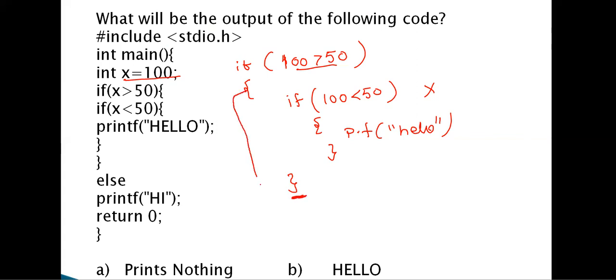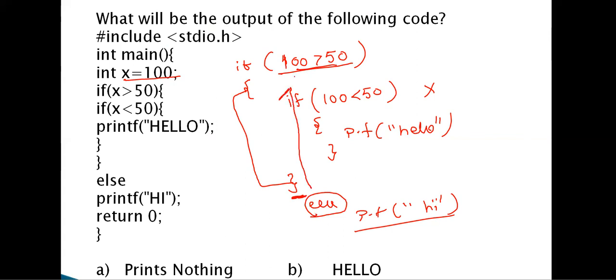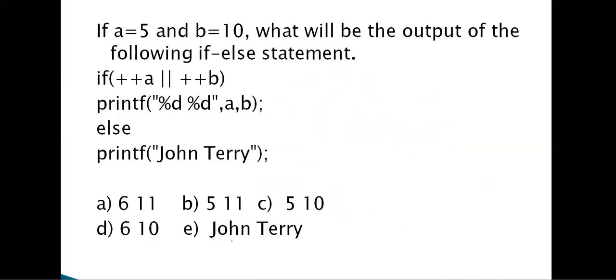That means that if is completed, else printf high. What is printed? This if condition is true, so obviously this is the else that is related to this first if. How can you say that? We use the brackets. So this is true means obviously high is not printed. Moving into the if block, in this block, the condition is true, so hello would be printed, but according to our example, the condition is false. Though we have to execute the else block, there is no else block. So what is the output? It prints nothing. Nothing is printed on the screen.